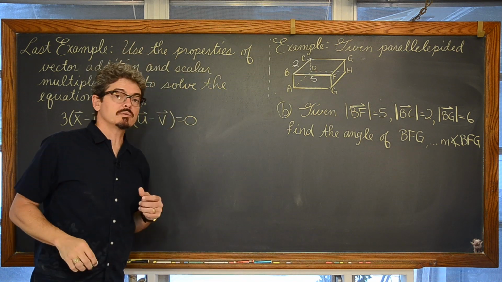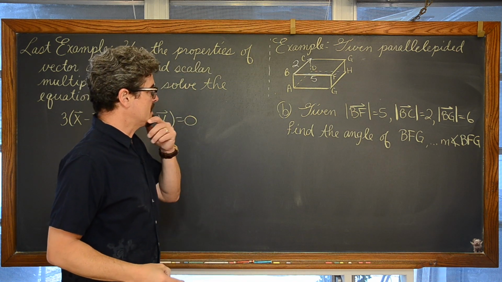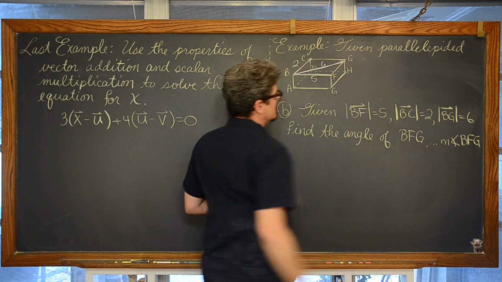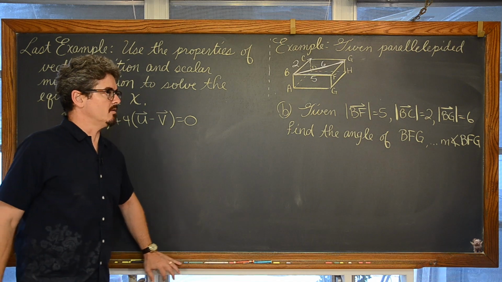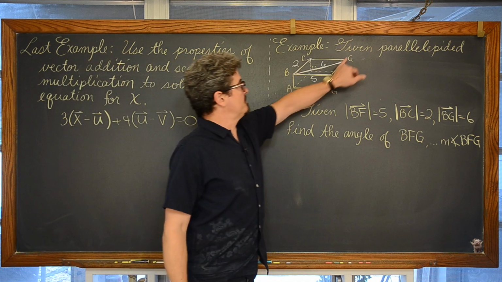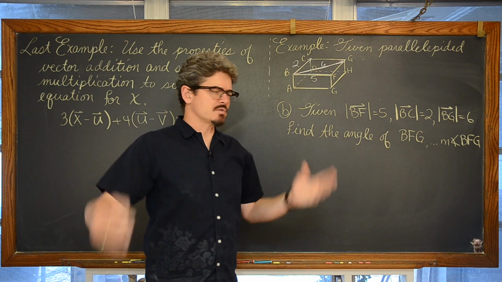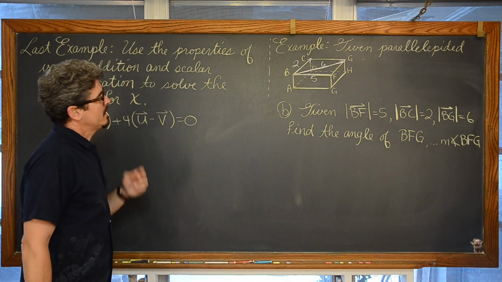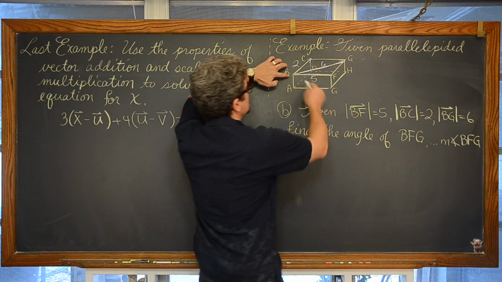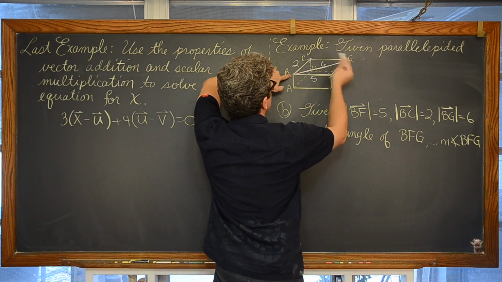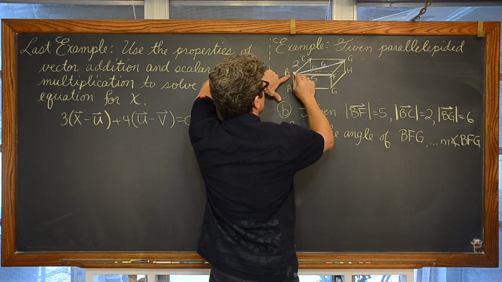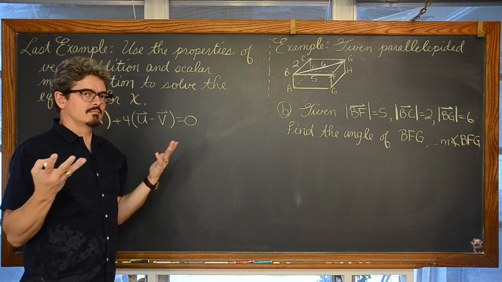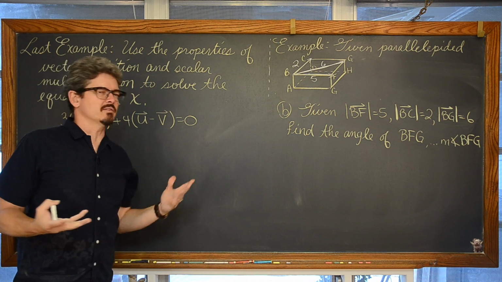And the magnitude of vector BG is equal to, okay, with all that then, find the angle of BFG. Or in other words, your book may just have a little m here, the measure of angle BFG. Okay, well, I have the magnitude of vector BF, the magnitude of vector BC, and the magnitude of vector BG. But really, there's vector notation, but you're just being given the sides of a triangle.